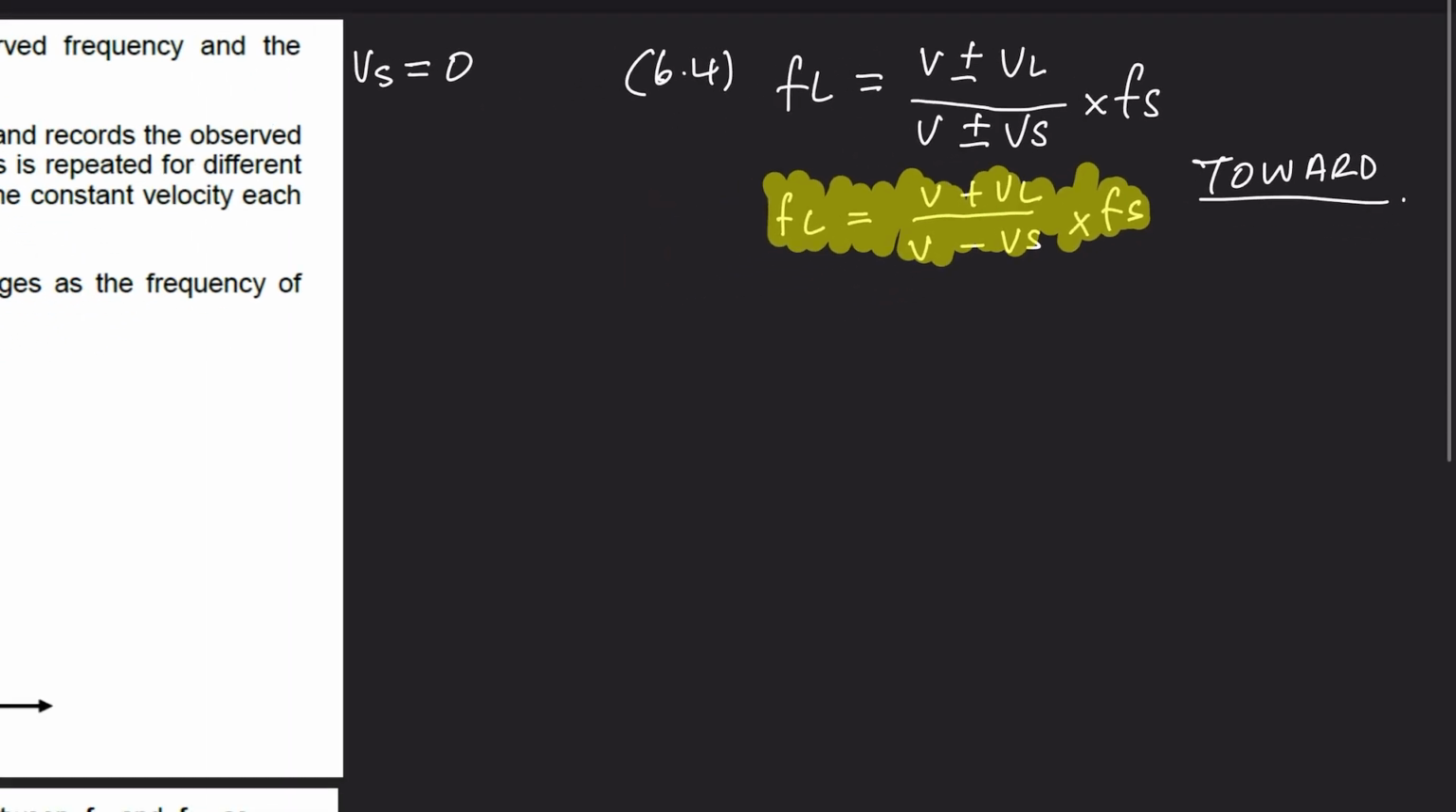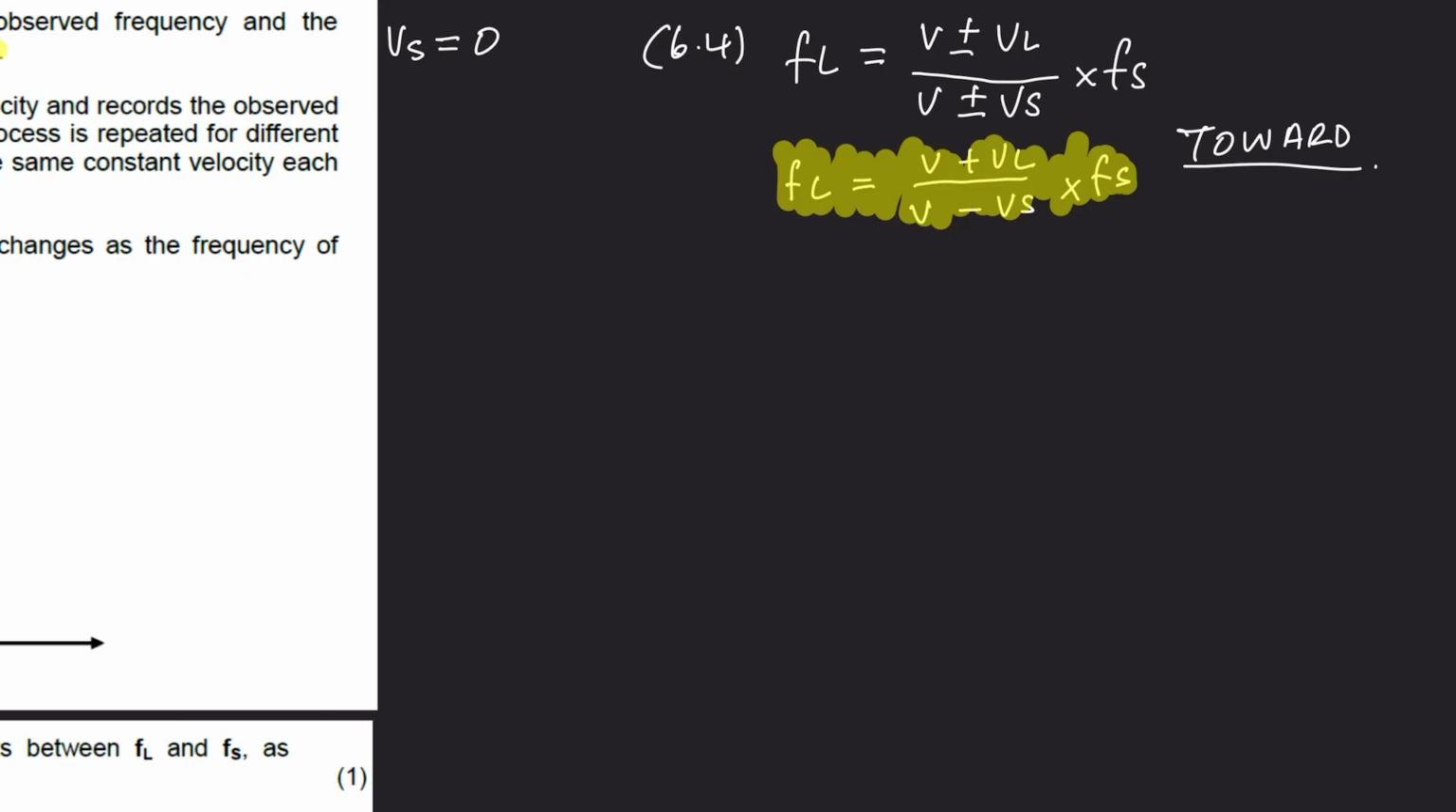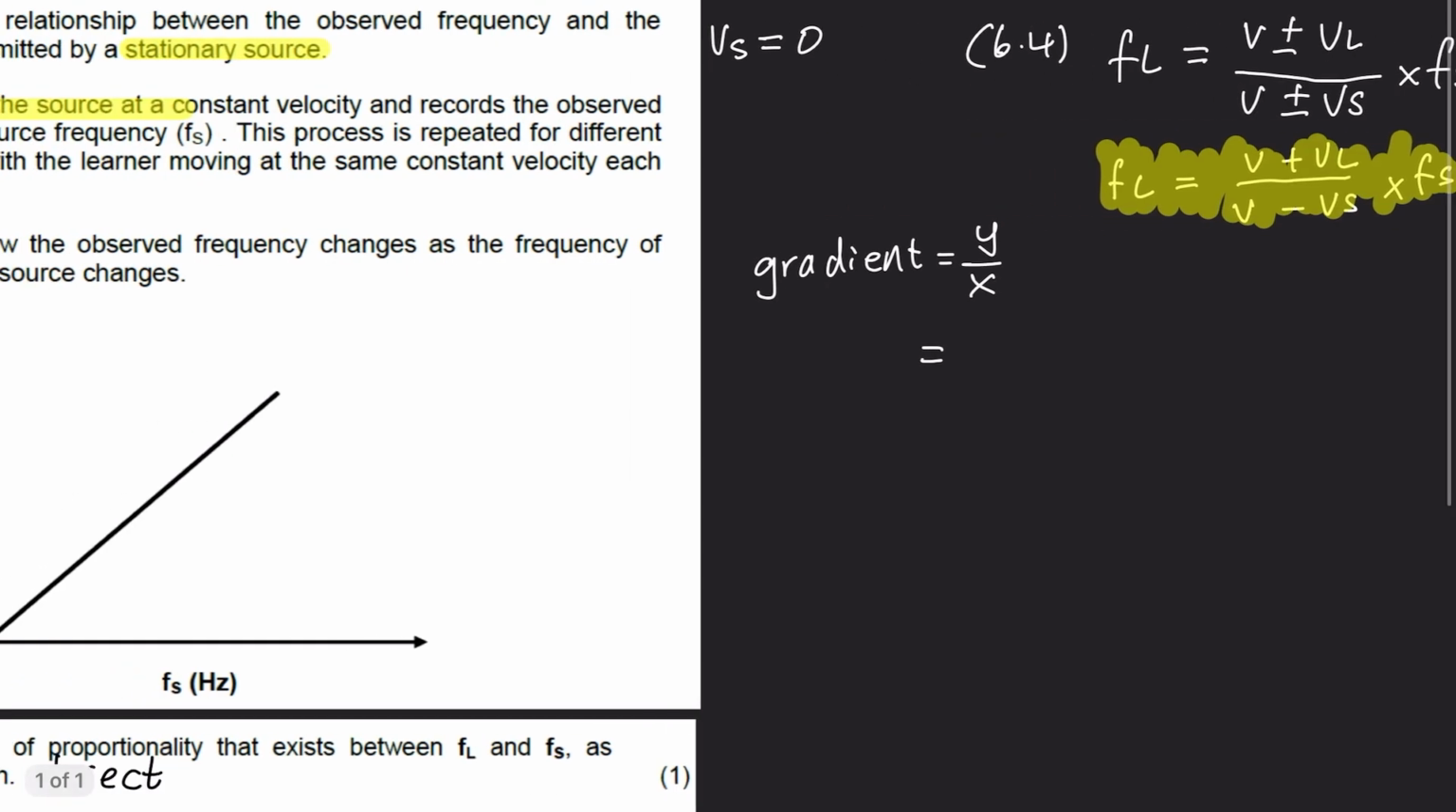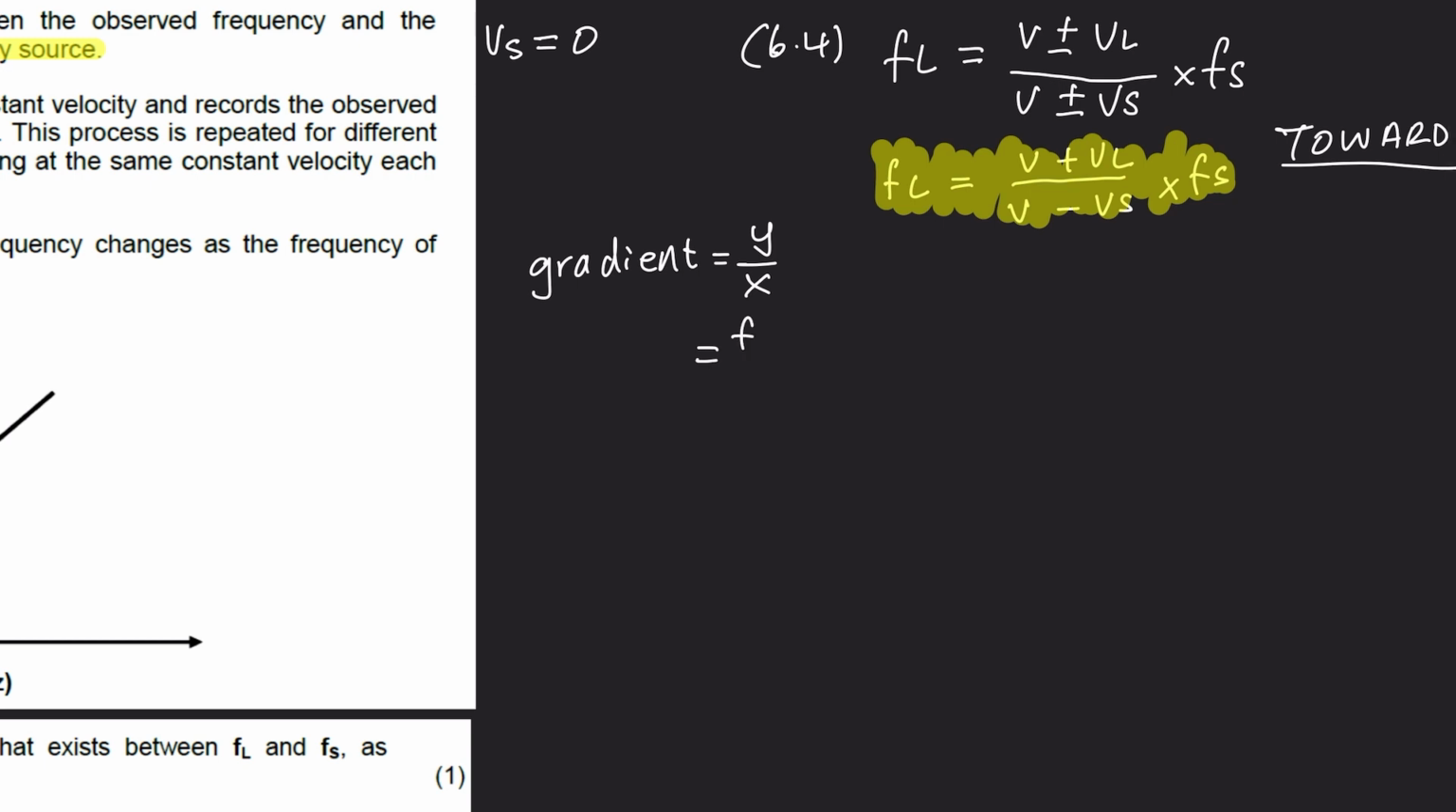Now let's substitute our values in. So FL we don't know, Fs we don't know, but we know the gradient. Remember, gradient is equal to the y-axis divided by the x-axis. In this case, my y-axis is FL, my x-axis is Fs. So if I take this and transpose it, take it to the other side, I'm going to get FL divided by Fs equals V plus VL divided by V minus Vs. Now this represents the gradient, which we know. The gradient was given to us,